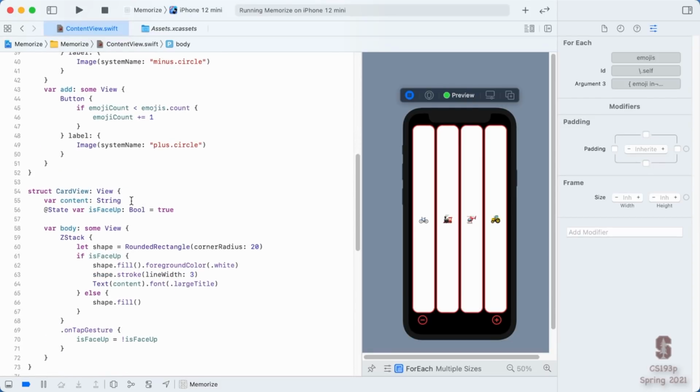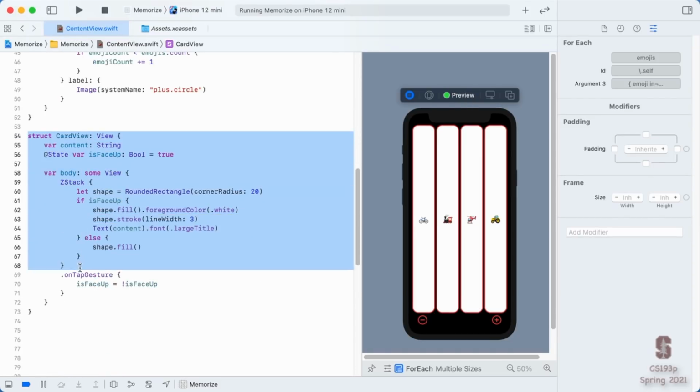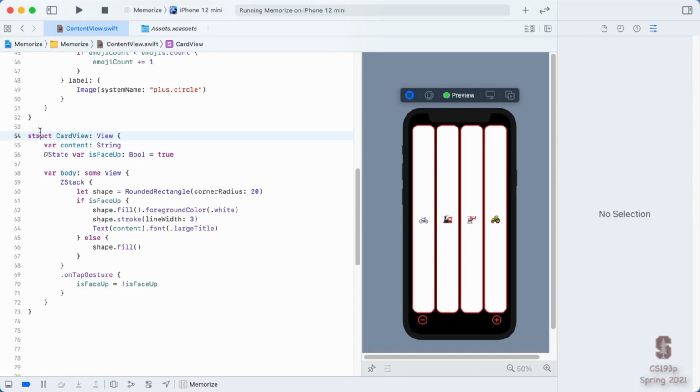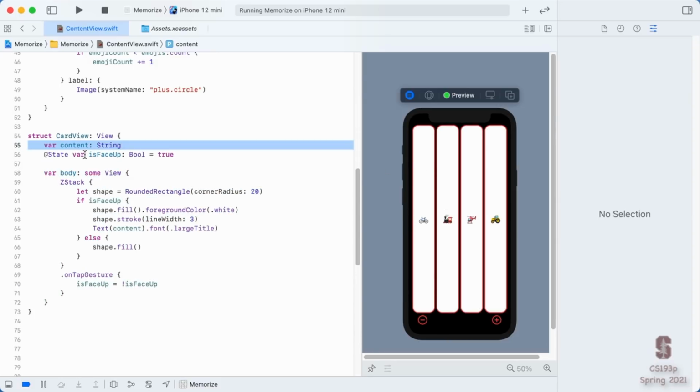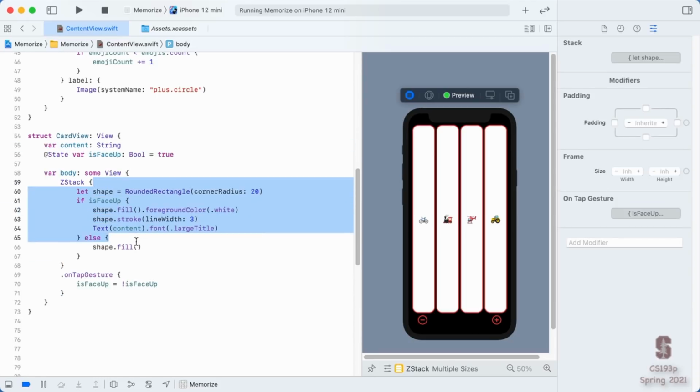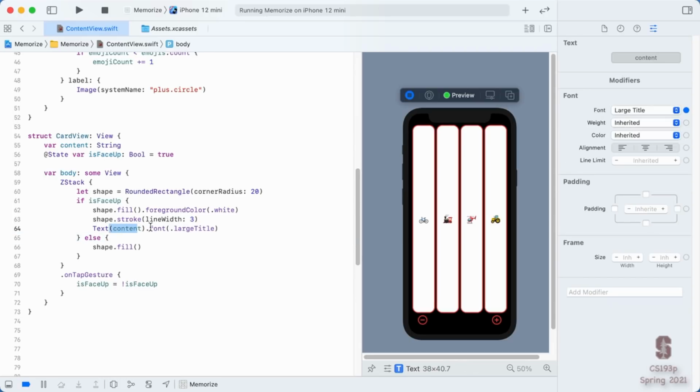One way we did that is by creating a dining room chair Lego, creating our own struct that behaved like a view that represented a little piece of UI, in this case, one of these cards. And when we did that, we learned that these little dining room chair Legos could have variables that would configure how they look, whether it's face up or face down, what sort of emoji is on the card.